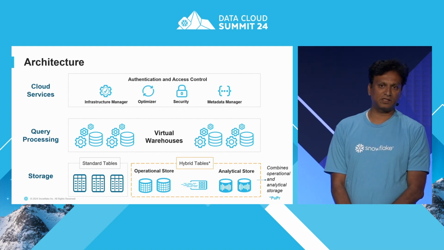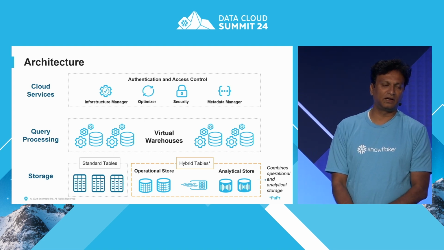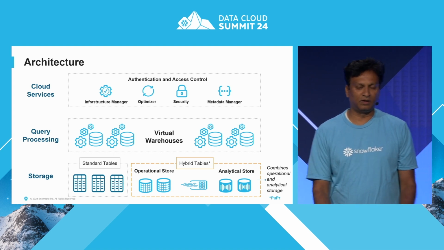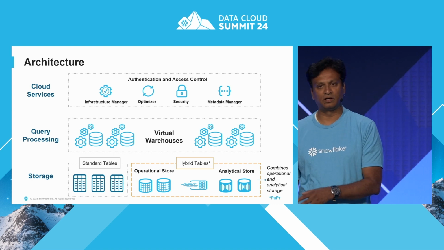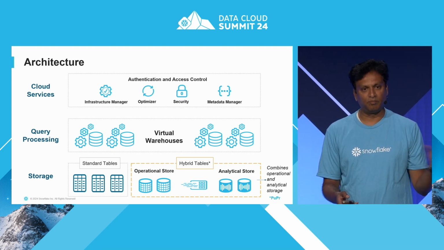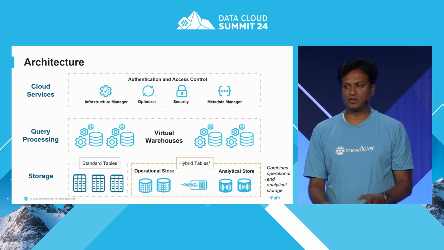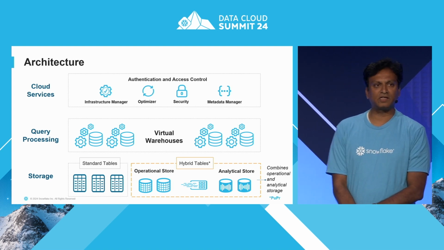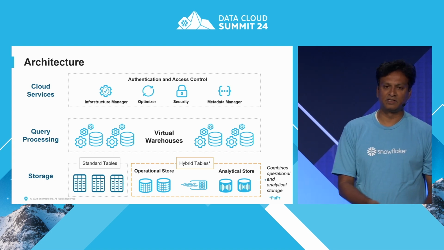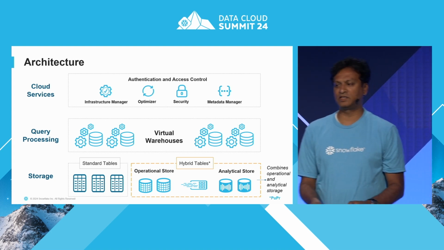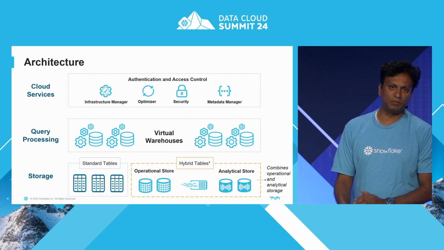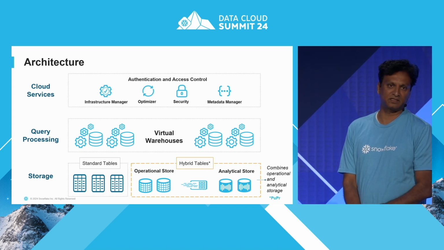If you have an application state today, if you have to carry that, you basically need to have another OLTP engine like Postgres or DynamoDB alongside your Snowflake engine, which is OLAP, so that you can have application state managed in that OLTP store, which needs low latency access. So in such use cases, we wanted to address that. You don't need to manage another sidecar for managing the application state. You can manage that using hybrid tables because hybrid tables will give you that low latency access to retrieve the